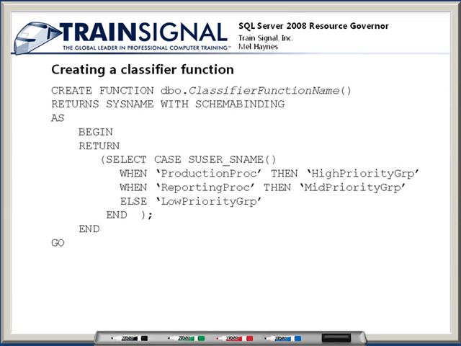So looking at the create function for creating a classifier function, it's the standard create function you're going to find under SQL Server using T-SQL. So it's simply create function followed by a schema name, owner name, followed by the unique specific name for this classifier function, and then return sysname with schema binding as a required statement for creating a classifier function. But then I get into the specifics of my function. When you move down to the select case, I have